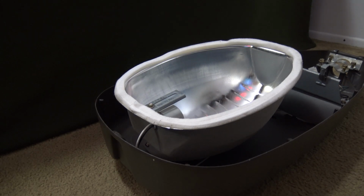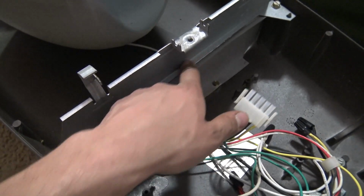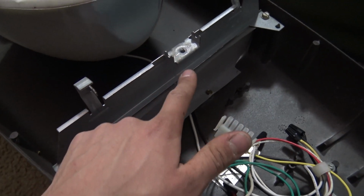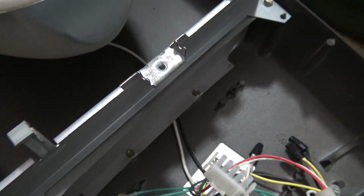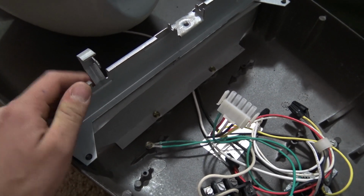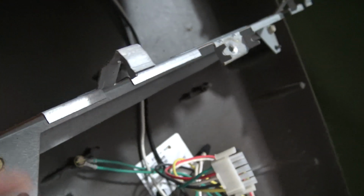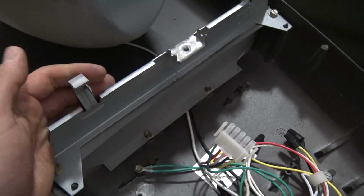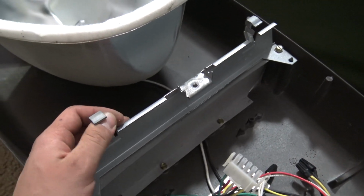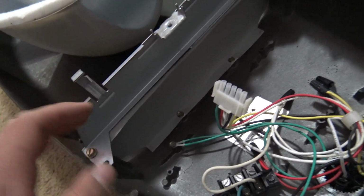front section of this. So going into the front here, you can see the bracket that holds on the front door assembly and to where the ballast assembly door screws onto. It's a really nice thick piece of steel style metal. Now the hook styles though are not very good, as the door kind of comes off pretty easily, so I'm not a huge fan of that. But yeah, you guys already kind of know my thoughts on that probably by now, so I won't say much